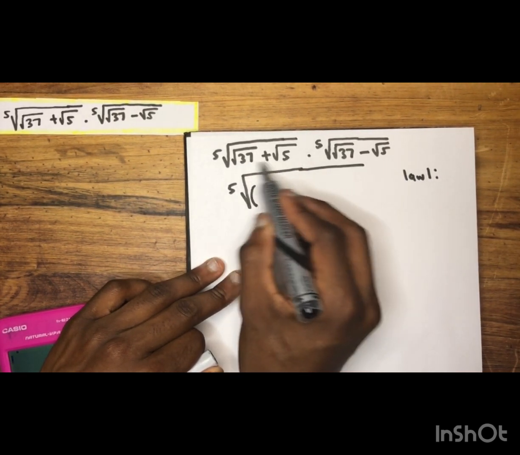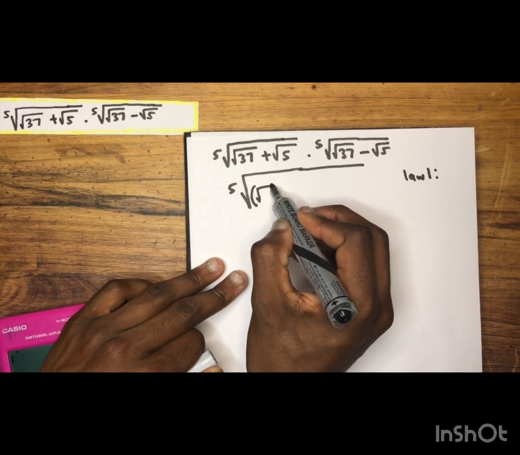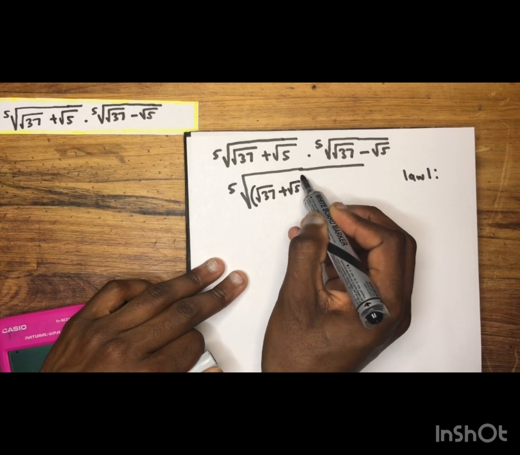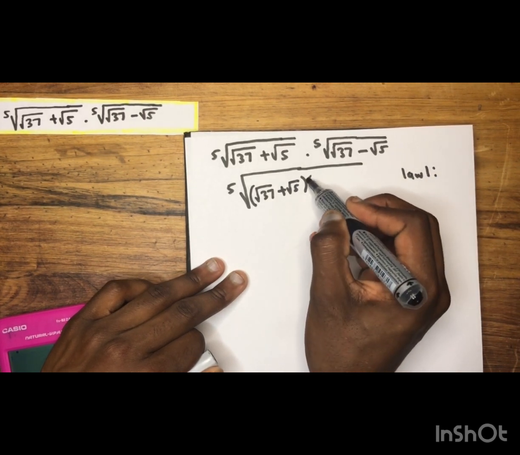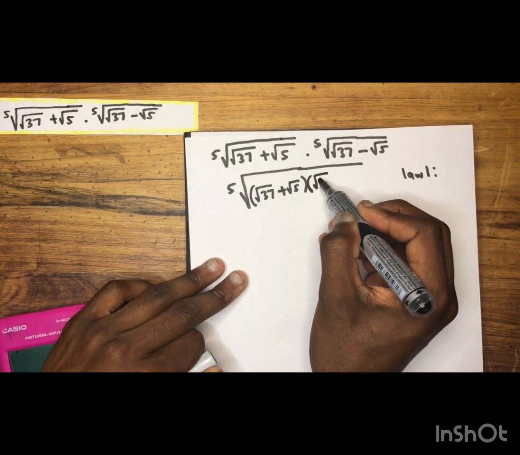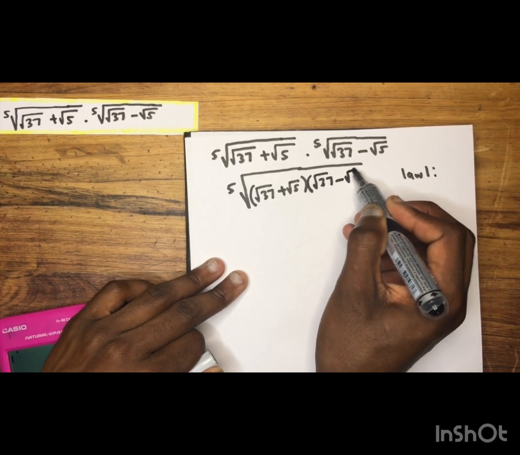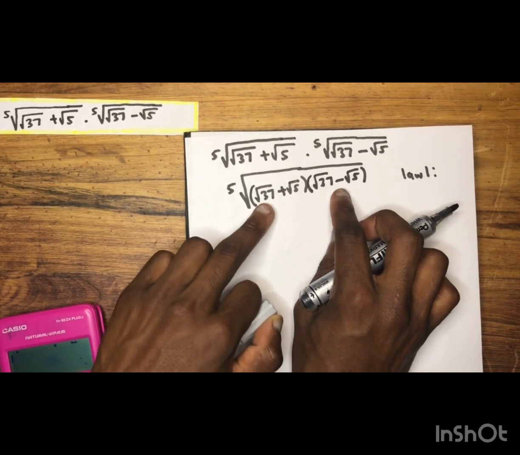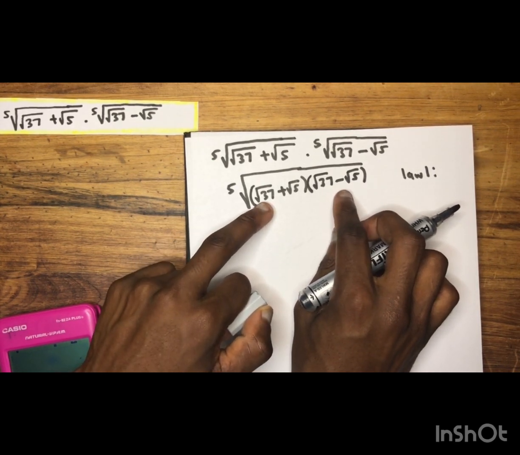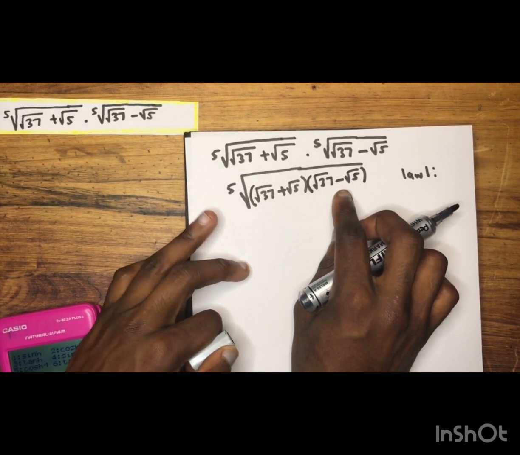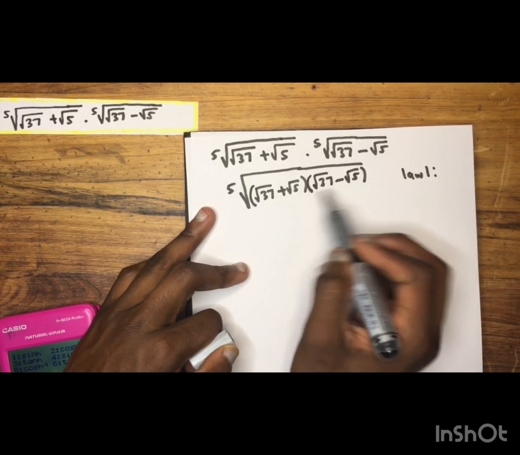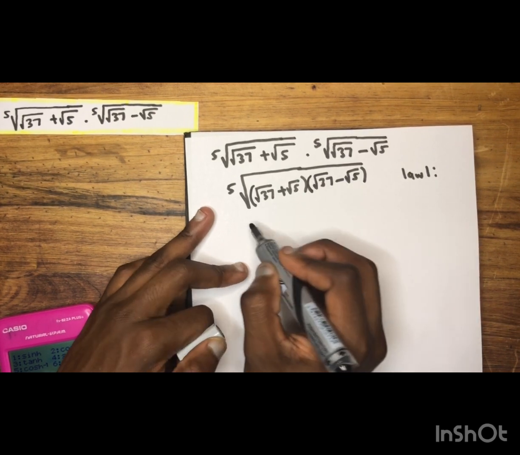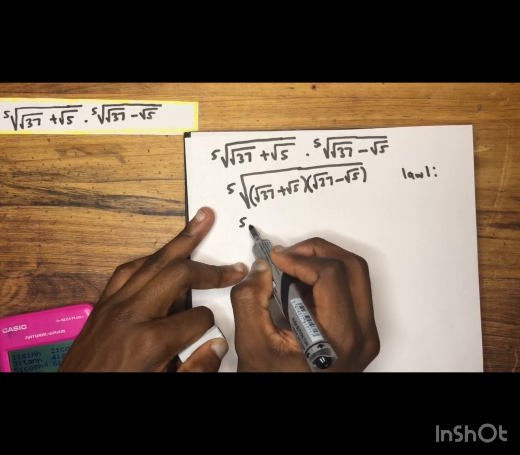Remember, since this is a binomial, I have to put them in brackets. So root 37 plus root 5 times root 37 minus root 5. I hope that you are seeing now that this is a difference of two squares. Now the only thing that is left is to multiply out the difference of two squares. So I'm going to drop the fifth root again here,